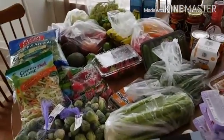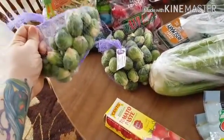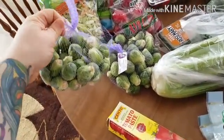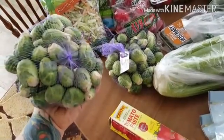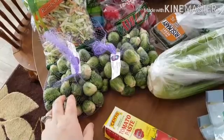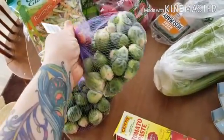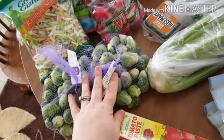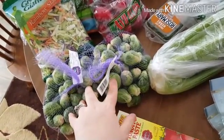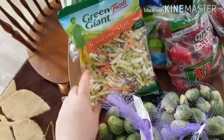I actually got quite a bit of produce today. I got 2 bags of Brussels sprouts. I love Brussels sprouts, but I love the little teeny tiny ones. And I always dig through the loose bins at the store for the little ones, but they had the bagged little ones today, and I think these little bags were like $2.99, which isn't bad, seeing Brussels sprouts at our store are like $3.99 a pound, so not too bad. I got some